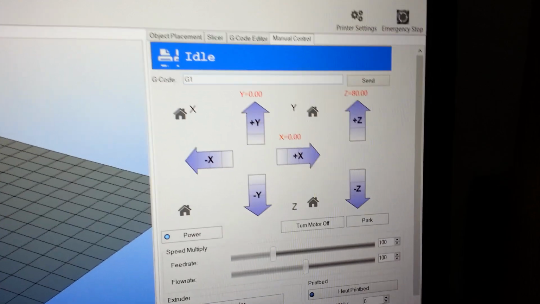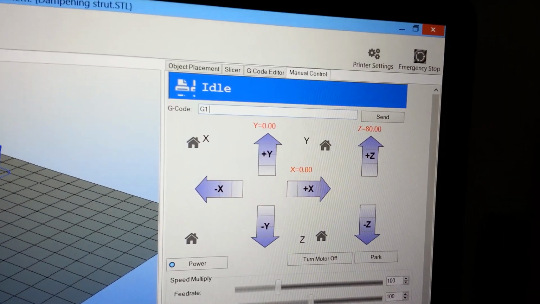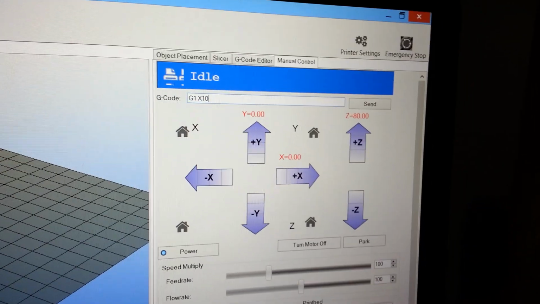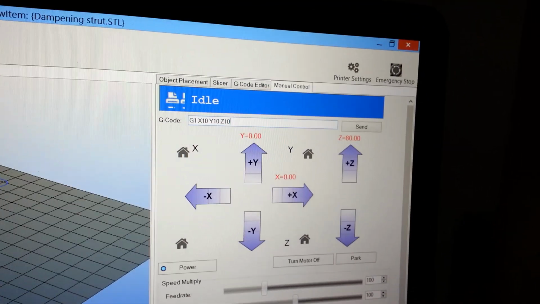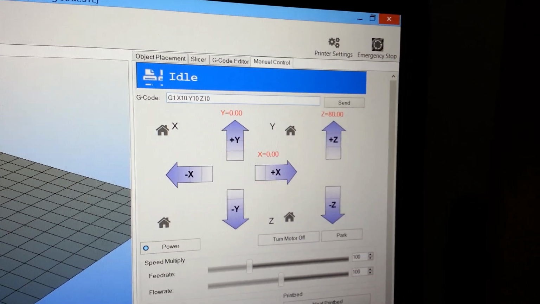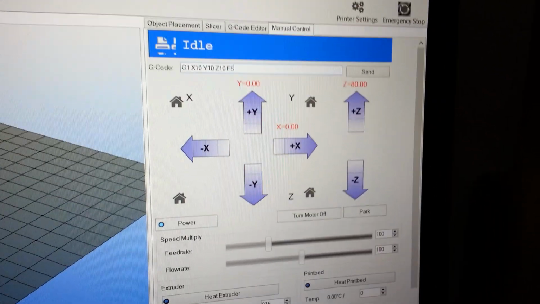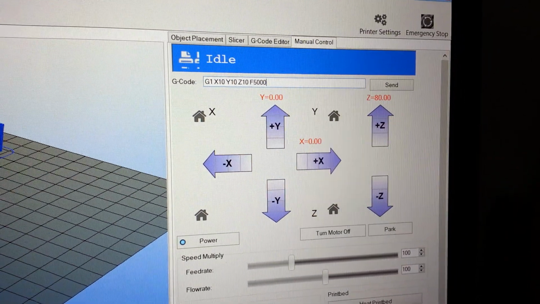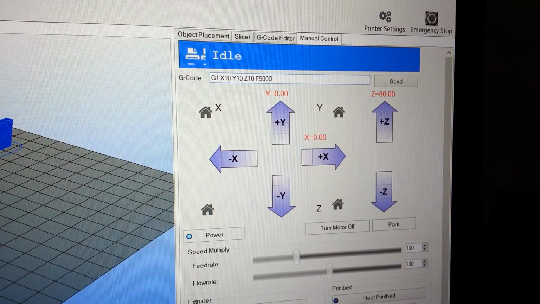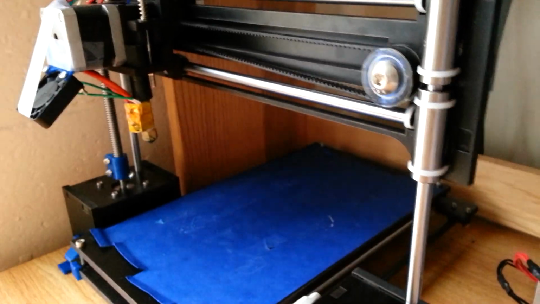So I'm going to tell it to go to the position 10, 10, 10. So I'm going to put X10, Y10, Z10, and now the speed is F, and I believe the speed is in millimeters per minute. I usually just do 5,000 because that usually maxes out all of them. Each axis has its own maximum feed rate, so even if you put 5 million in there, it's not going to go that fast. So I hit this button, or hit enter, and what it's going to do is